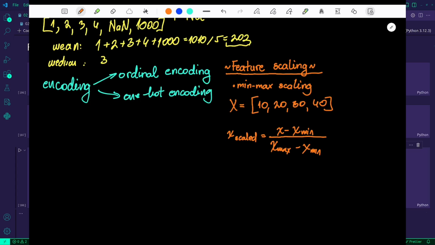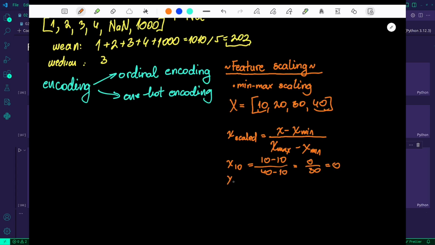With this we know 10 is the minimum value, 40 is the maximum value, and for each value we can compute it. For example, for x 10, 10 minus 10 minimum is 0, and 0 divided by 30 is 0.